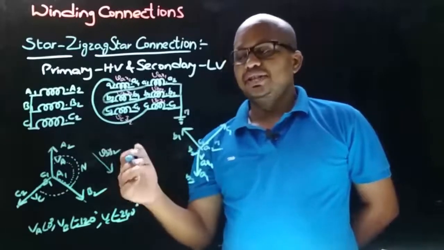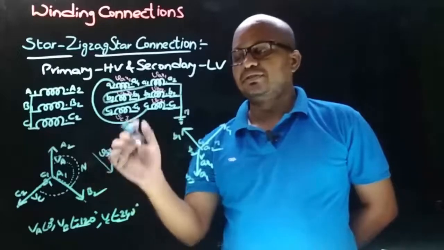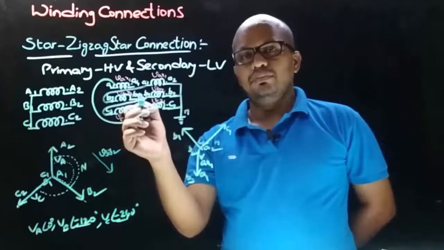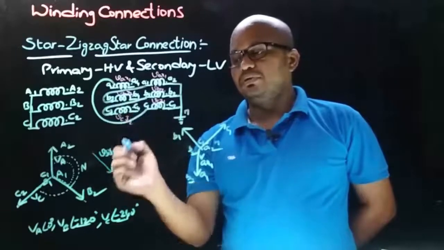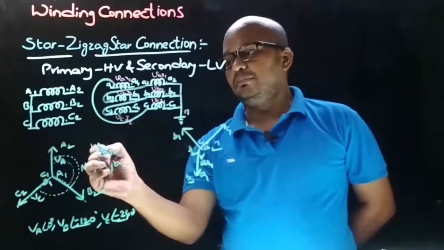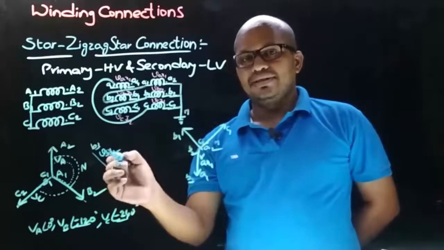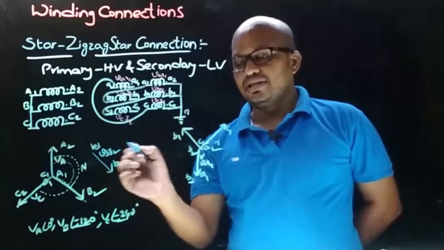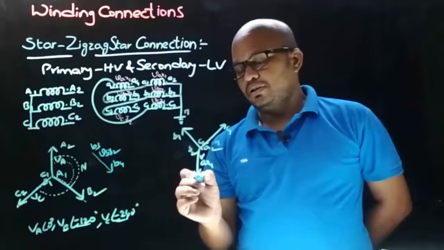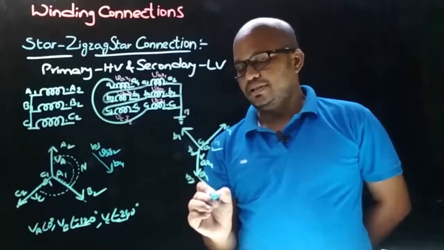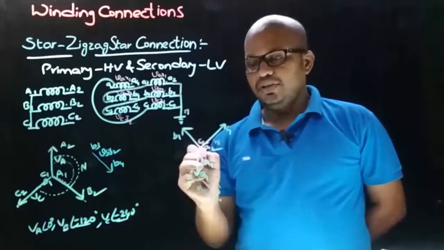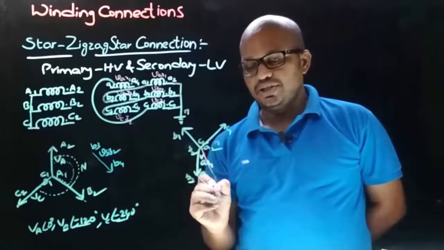And now we need to decide the terminals of this VBY2 phasor. Here the terminals are B3 and B4, and as the connection is taken from dot end B4, therefore arrow will point towards B4 and other end will be B3. Now draw this secondary side VBY2 phasor such that A1 will have B3 connection. Therefore draw like this, and this end will be B4. This is VBY2 phasor. Therefore now the resultant voltage is